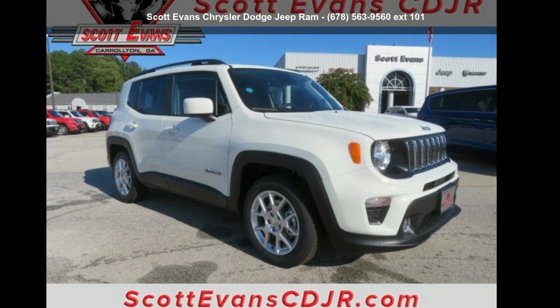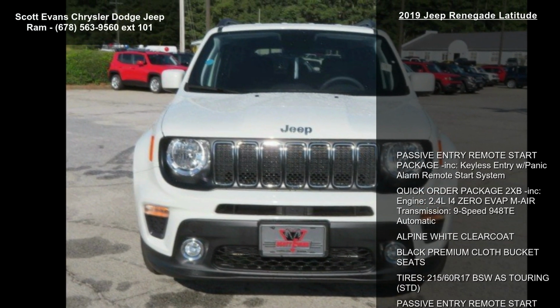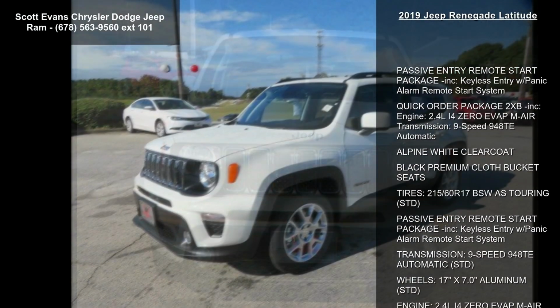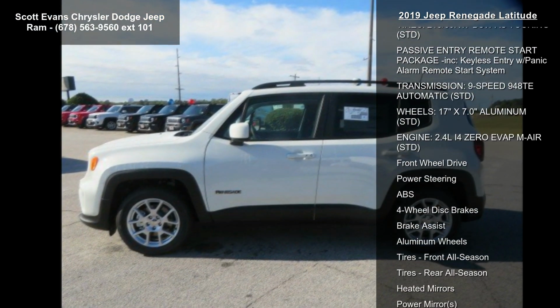Presenting the Jeep 2019 Renegade Latitude. This may be the set of wheels you've been looking for. Some of the top features included with this vehicle are passive entry remote start package included, keyless entry with panic